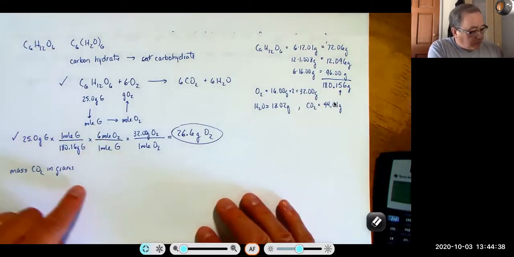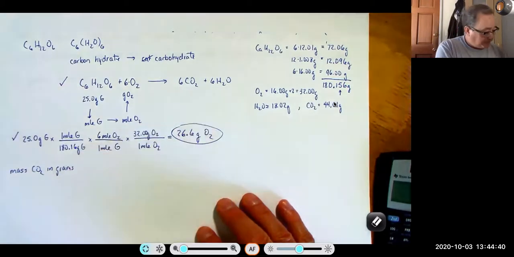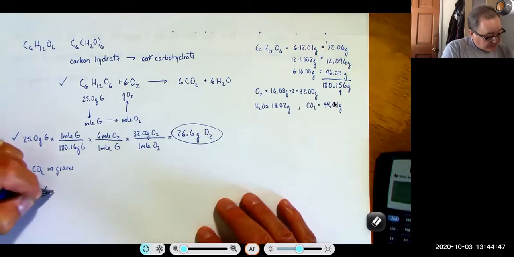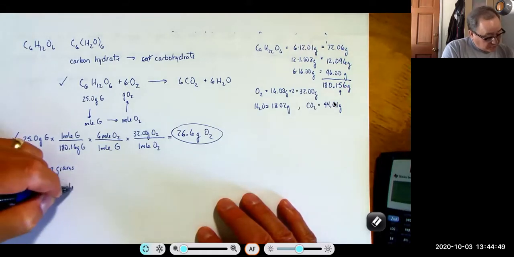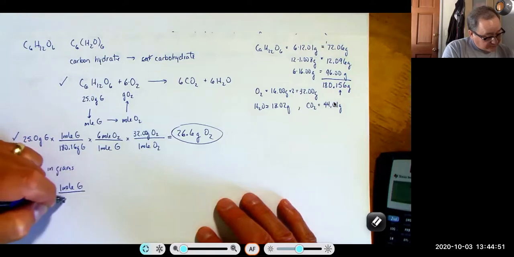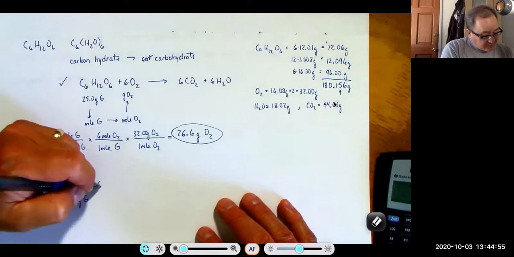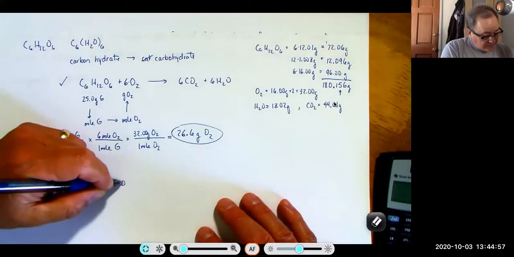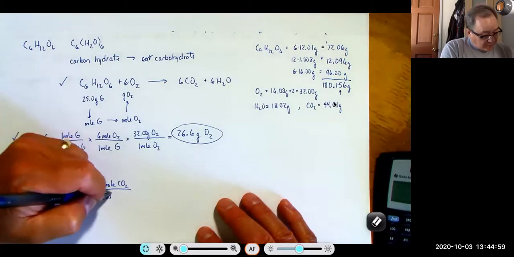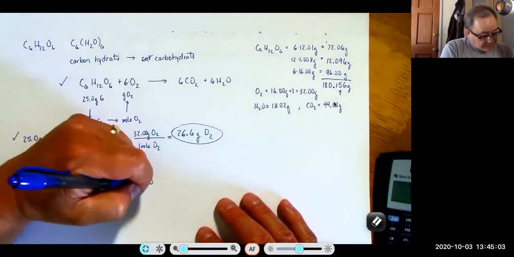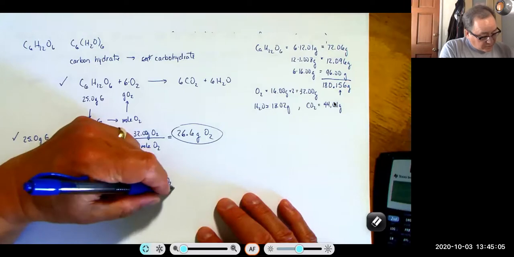We'll do 1 mole of glucose to 6 moles of CO2. So we're going to start off with our 25.0 grams of glucose times 1 mole of glucose per 180.16 grams of glucose times 6 mole of CO2 to 1 mole of glucose times 44.01 grams of CO2 to 1 mole